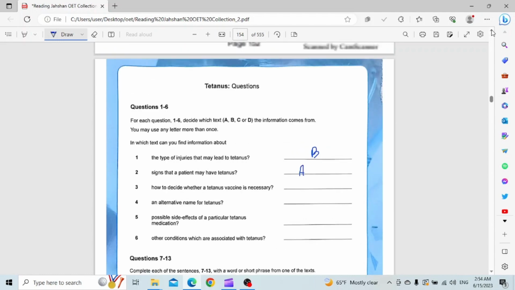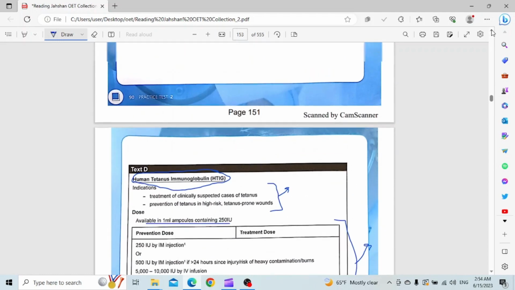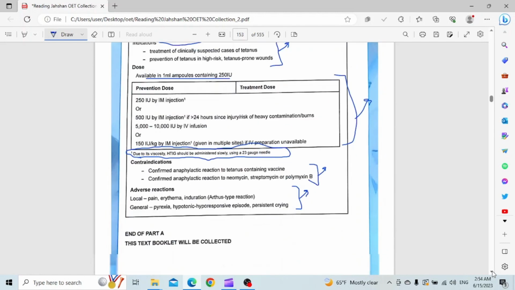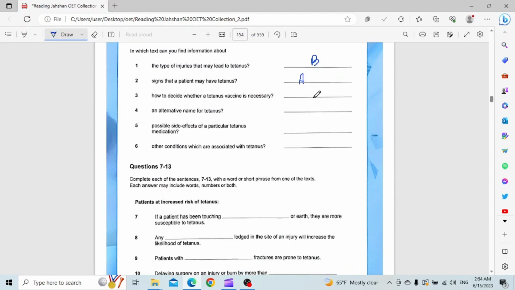How to decide? It's in the schedule of this vaccine, right? So it's in C. It's in C. So an alternative name of tetanus, this is in definition, so